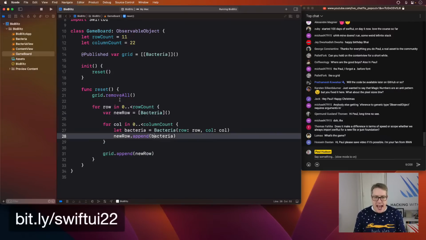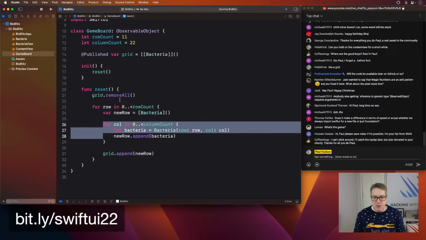So this basically goes ahead, makes a new row, fills it full of bacteria, all pointing up the way, and then,